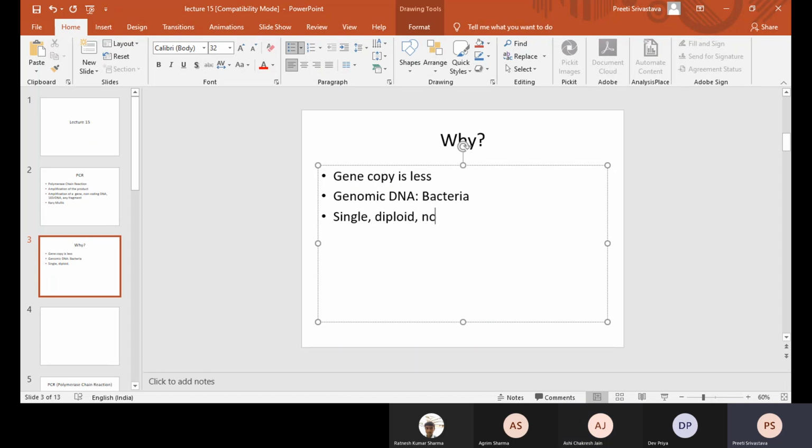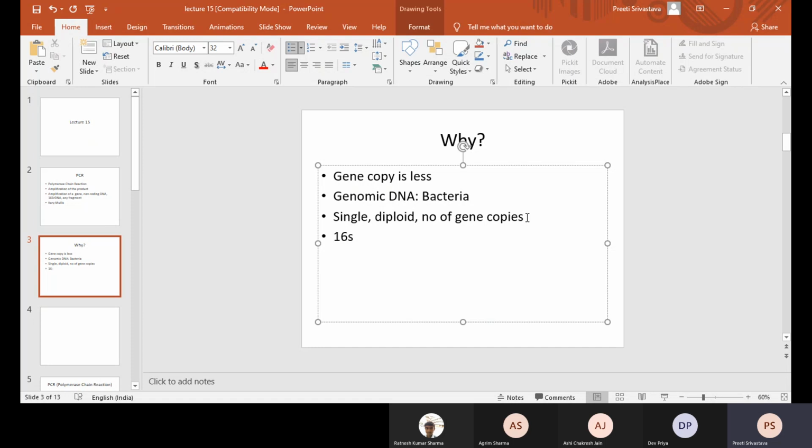So the number of gene copies is usually only one copy of a gene. Only in rare cases do you have more copies.